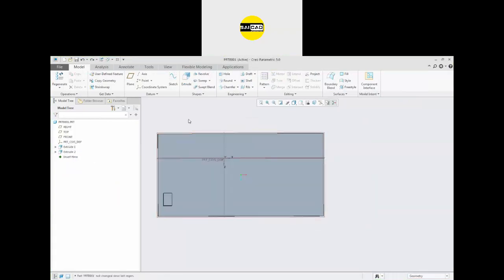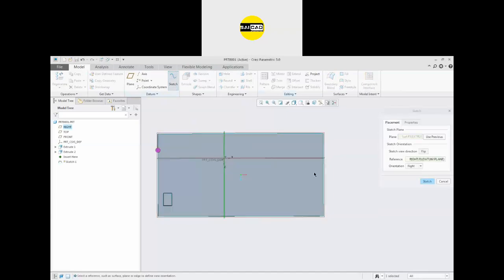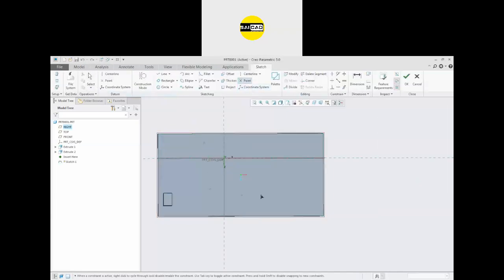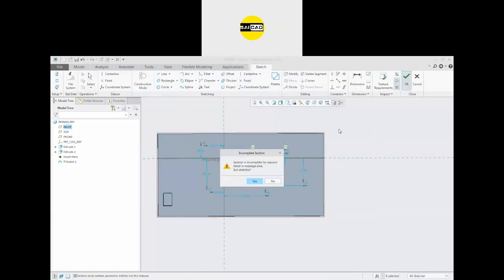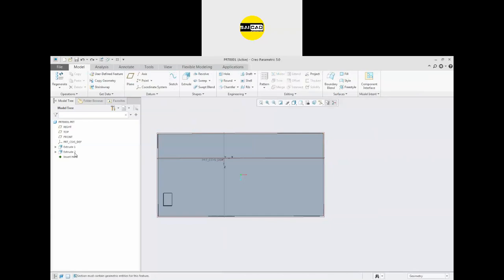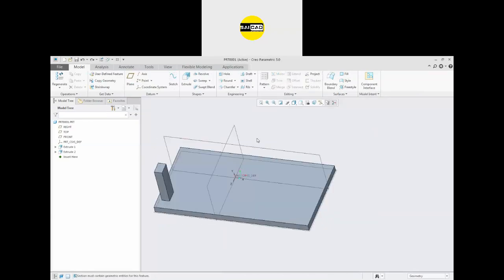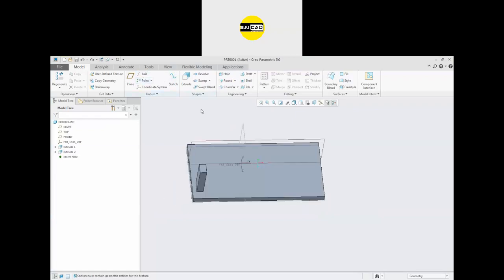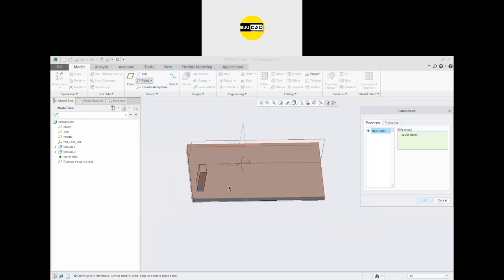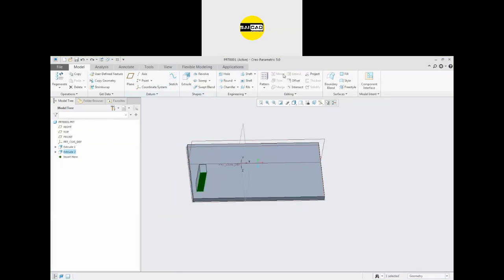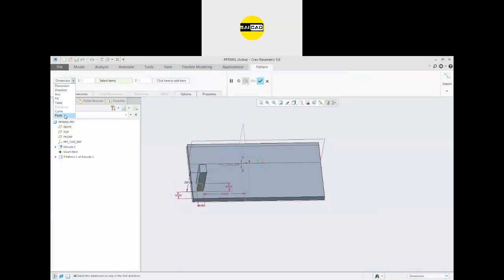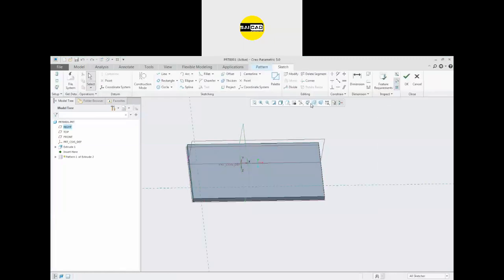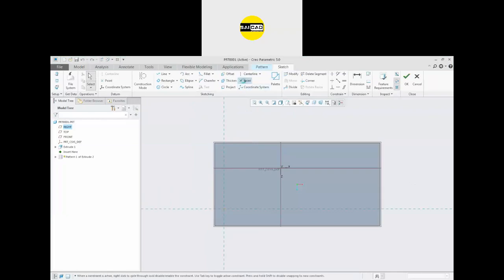Just going to create a sketch on that. Try to create a sketch with this point. Click OK, click yes. The sketch will be completed, but there will be nothing there. Okay. So if you have to create some point, you don't have to just go to the sketch, just go there and you can specify some points like that. Or you can just go to the pattern directly, go to the point, go to the reference. There is a sketch. You can define some points from here now. Okay. So define some points